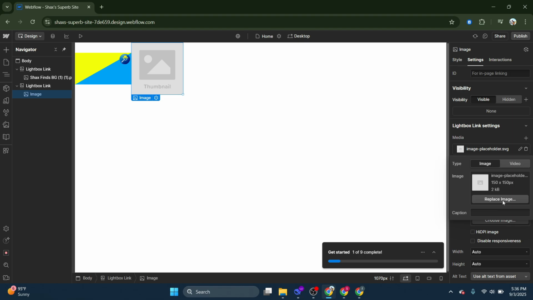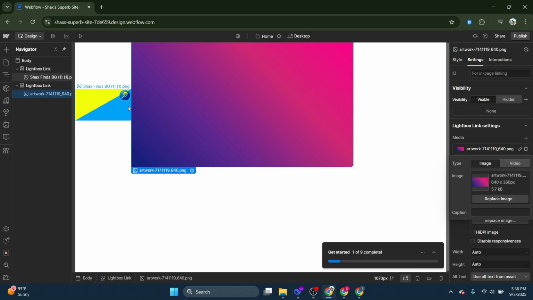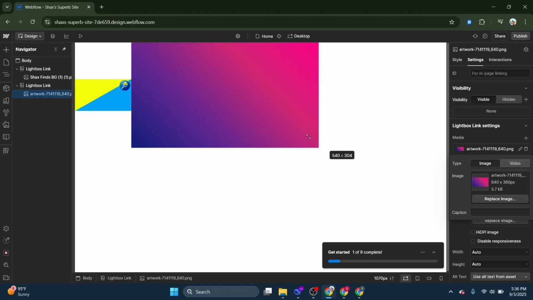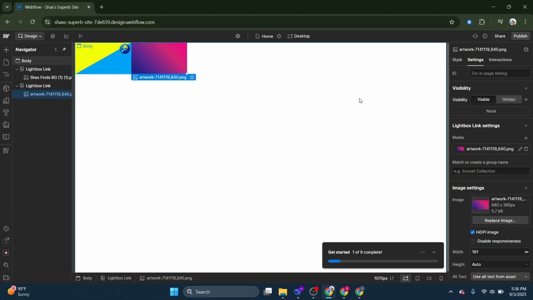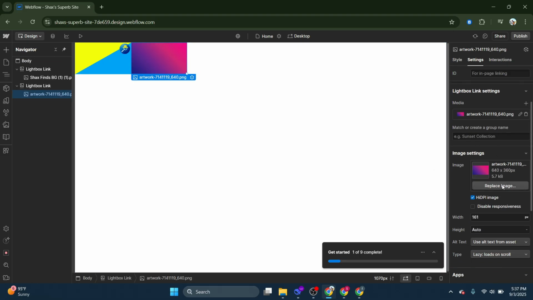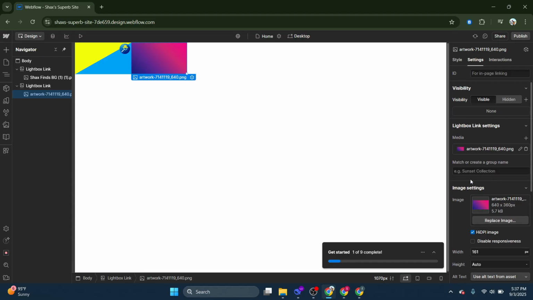To add an image, click Replace Image to start browsing your available media. This process is very user-friendly and allows you to seamlessly select the right content for your design. Select an image from the Assets panel, which contains all the files you've uploaded to Webflow. Once selected, the image will be placed inside the Lightbox and will be ready to display when triggered by a